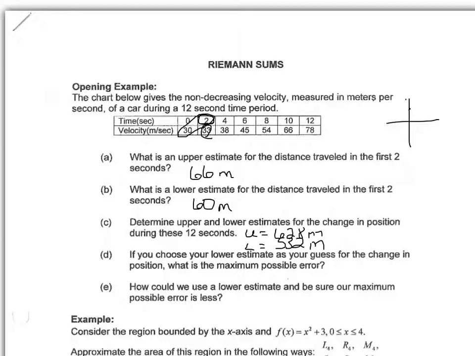Now, when you subtract your lower from your upper, because let's say it actually was 628, and then the error, we said it could have been anywhere between 532 and 628. Okay, so you're right. The maximum possible error is the difference between the upper and the lower. So in this case, it's what? 96. Okay.